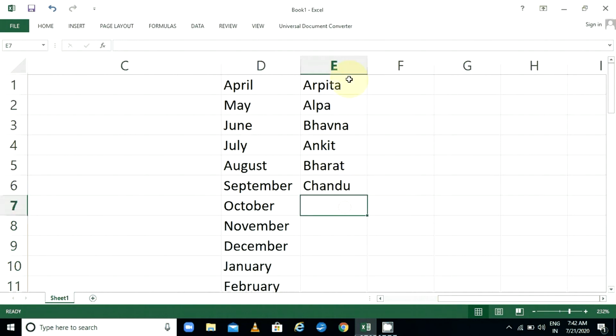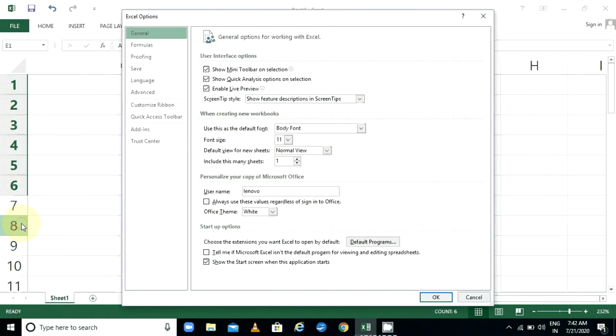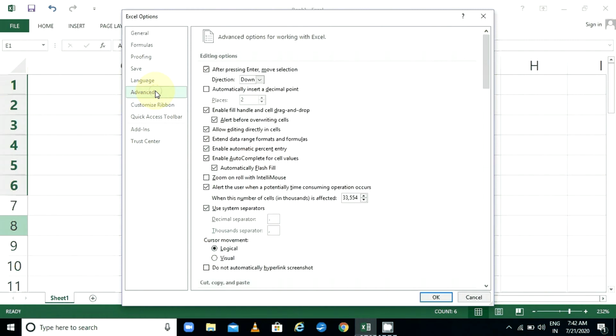So the first step is you have to select your names or whatever text you have written. Then go to File, click on Options. Now here you will get the Advanced tab. Click on Advanced. Here you will get General options.